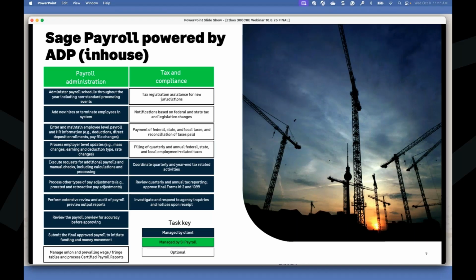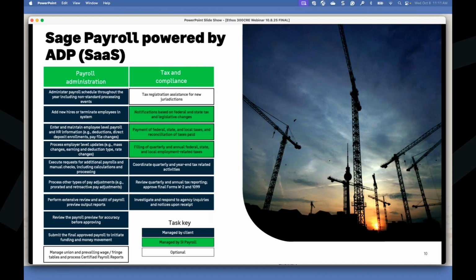If you click the next one, Denise, this is our most popular model, and this is just outsourcing the tax filing, right? So we, ADP, would assume responsibility for filing the federal, the state, the local taxes, fully preparing the quarterlies, the 941s, and the 940s at the end of the year, and then preparing the W-2s. We do like to give options, specifically for groups that have been in-house for years, to give you a little bit more control and flexibility of how you want this module to be delivered to your org.